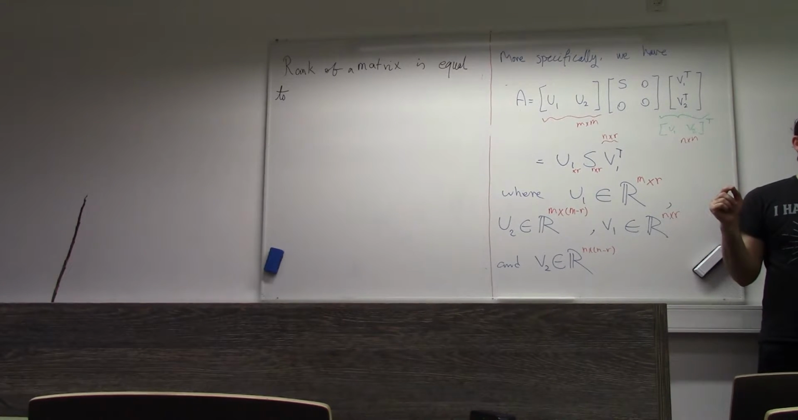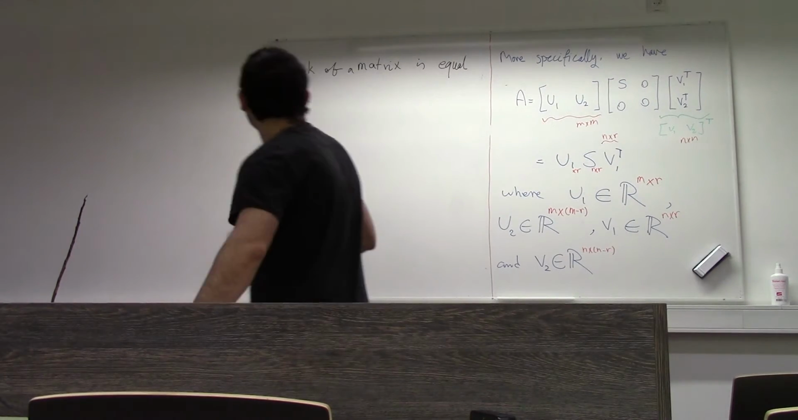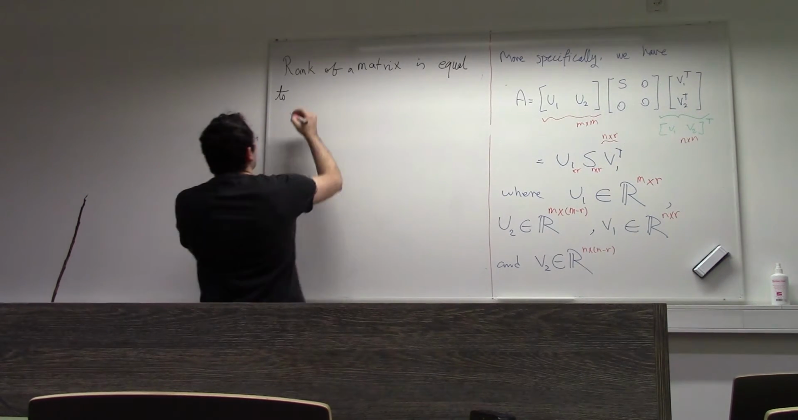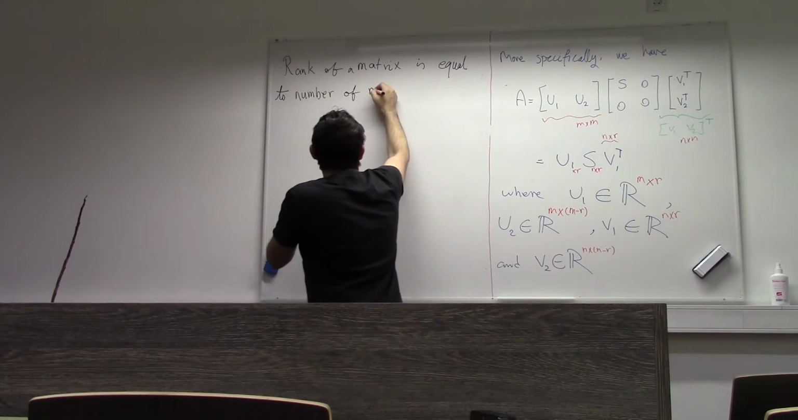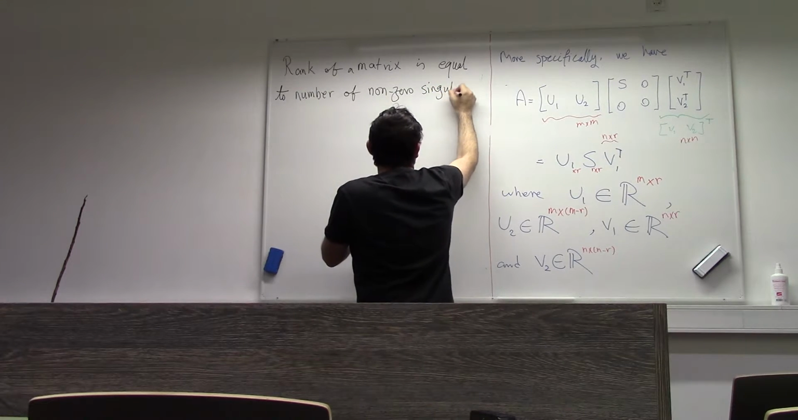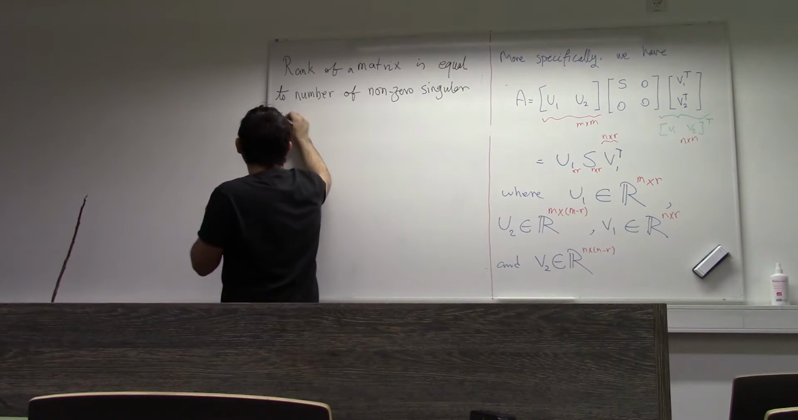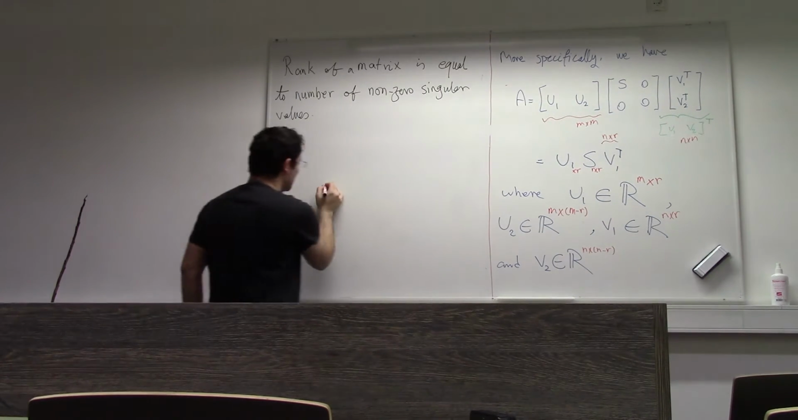The number of singular values. The number of non-zero singular values. The rank of a matrix is equal to the number of non-zero singular values. Because if they are 0, look, if S was like this,